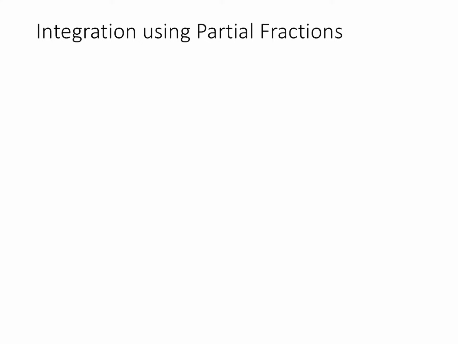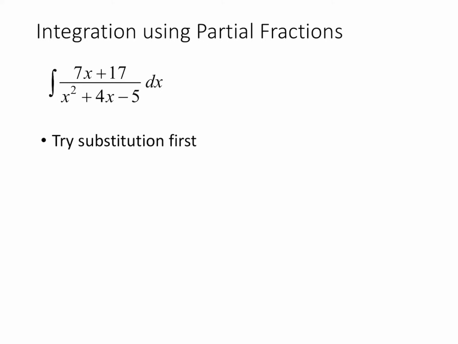In this video, we're going to look at using the technique of integration using partial fractions. So let's say we were trying to integrate this function, 7x plus 17 over x squared plus 4x minus 5 dx. So the first thing that we could try using is substitution. Because the denominator has a larger degree, an exponent of 2, and the numerator has a power of 1, we would try substituting for the denominator